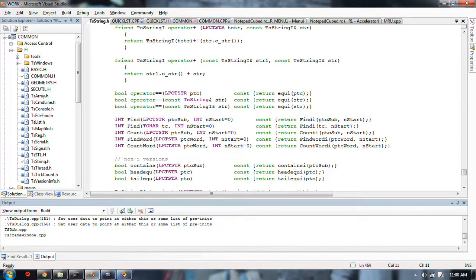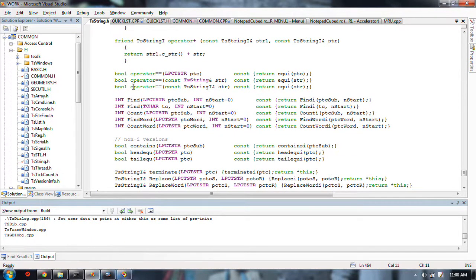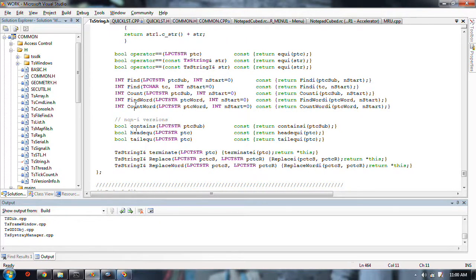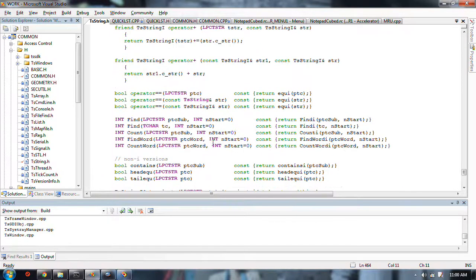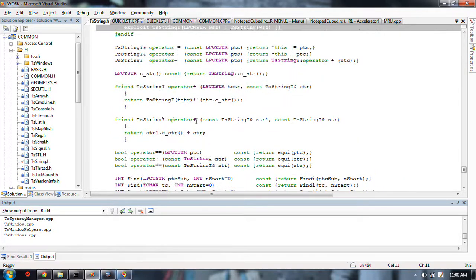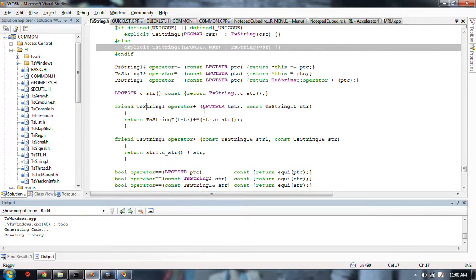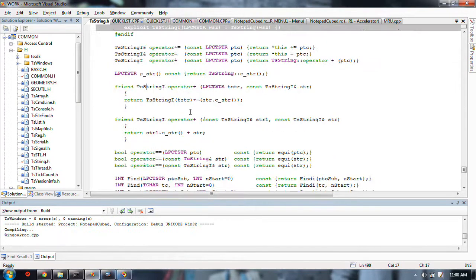So double equals is case insensitive, and the find and count and search replace and everything are case insensitive versions, which I have in TS-string. But so why would I need another class?